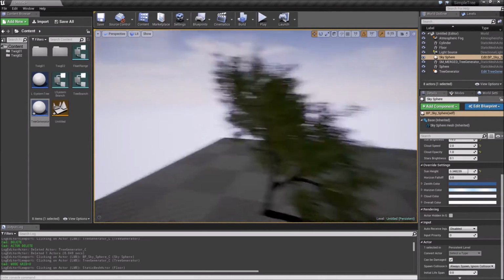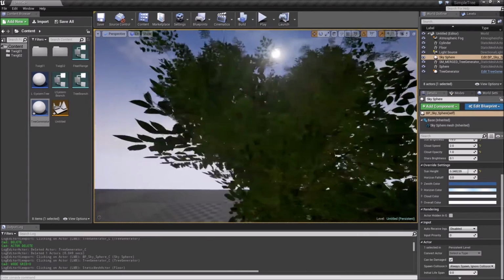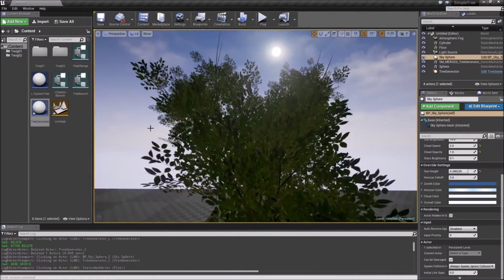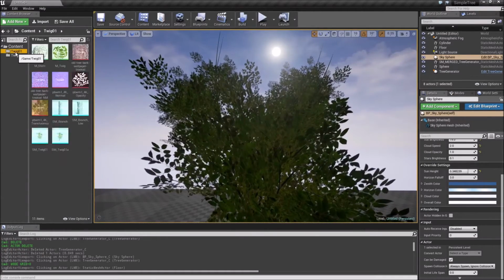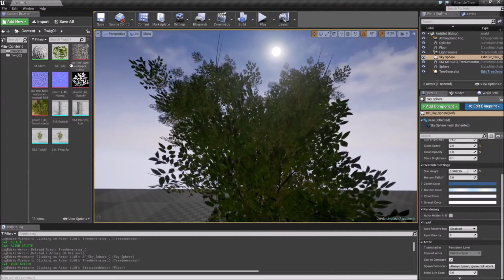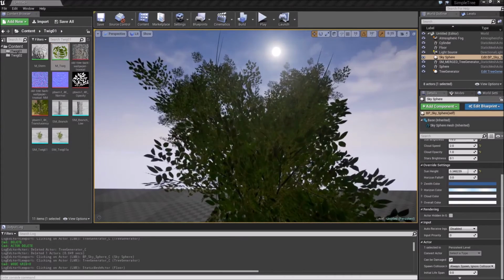So one last thing I want to take a look at in this video is the texture for this guy here, because I'm not really happy with that. I wanted to introduce this subsurface scattering. I couldn't figure out how it was working, and I was honestly a little bit tired. So let me just correct that while I remember it. The twig material here,